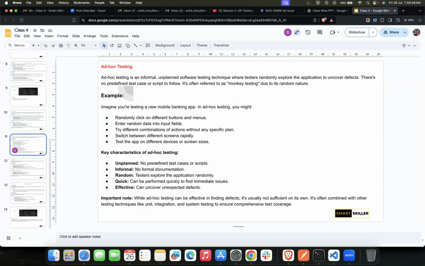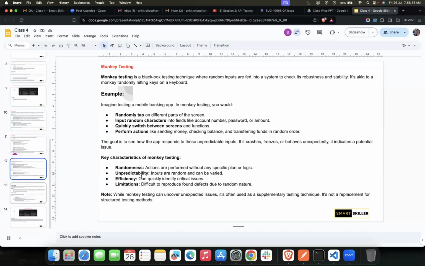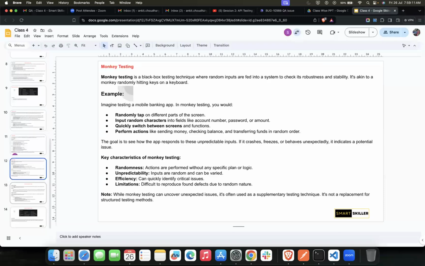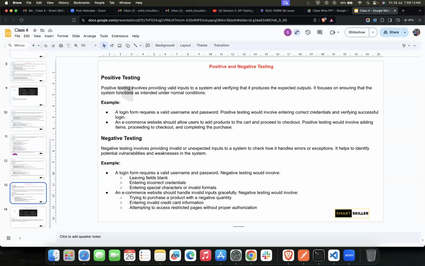So, let's divide the topics. Then it would be more interesting. Each one of you has your own topic that you need to study. First, Deepen, as you are the most talented person here, which topic do you choose? Whether it would be ad hoc, monkey, or positive testing.